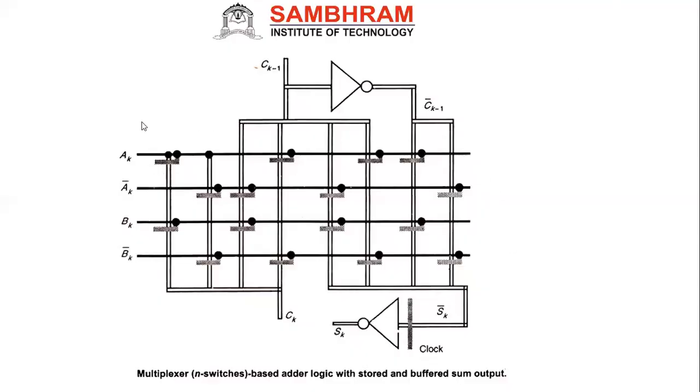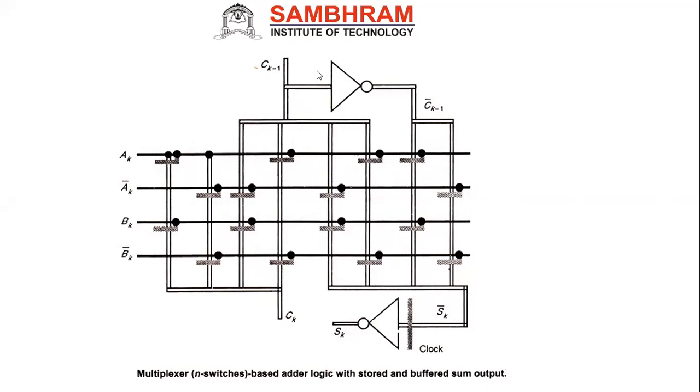I need everyone to go to this diagram. Instead of just seeing this diagram, try to draw it yourself, then you can easily understand. Correct? I have now shown sum and carry separately. For sum and carry, the input is common. Which input? C(k-1) is the input. At the same time, the control is also common. Which control? A(k) bar, B(k) bar. So you take it this way, take the Boolean expression and try to solve this.